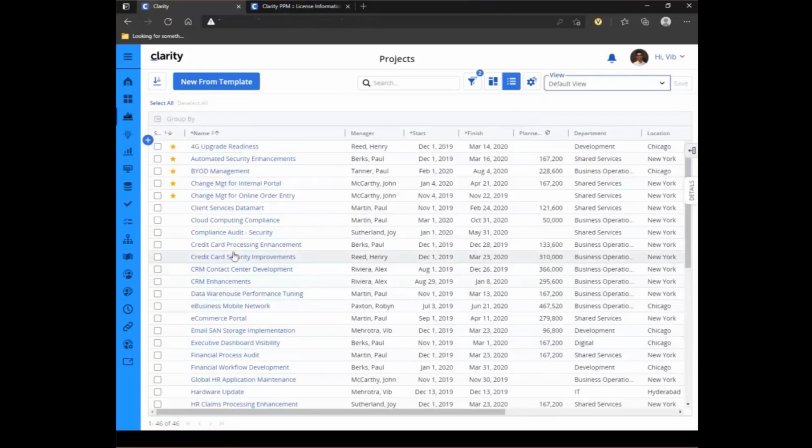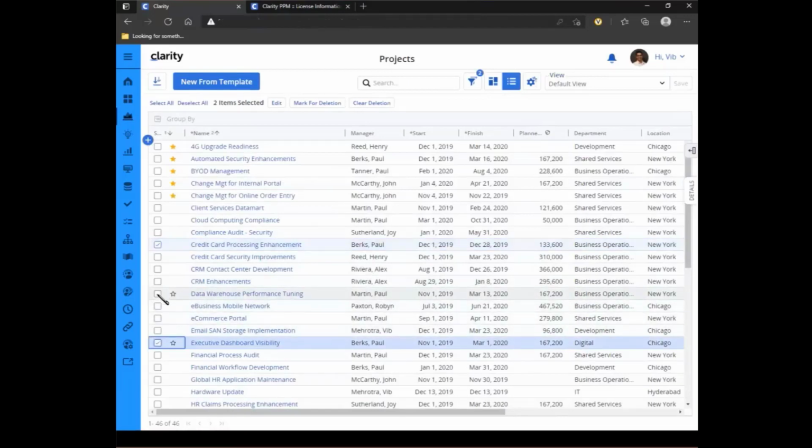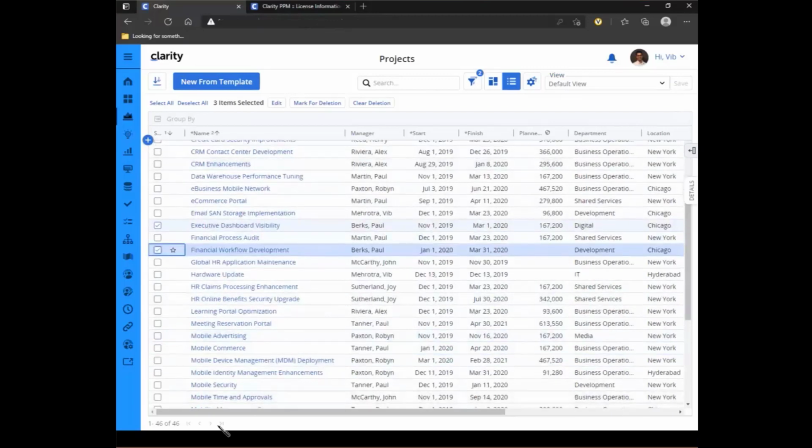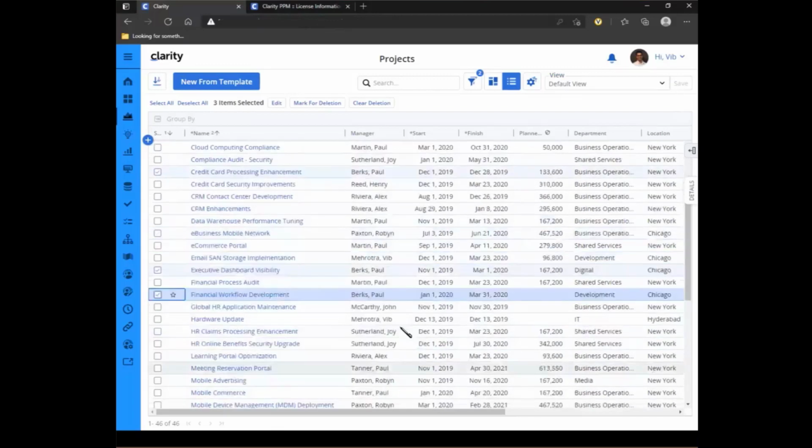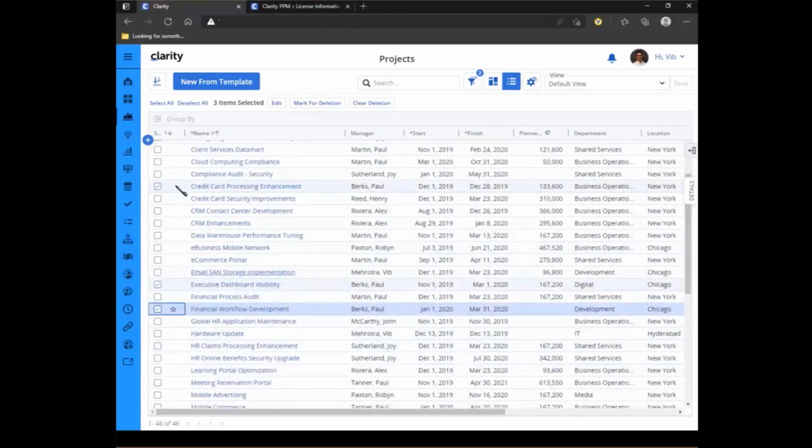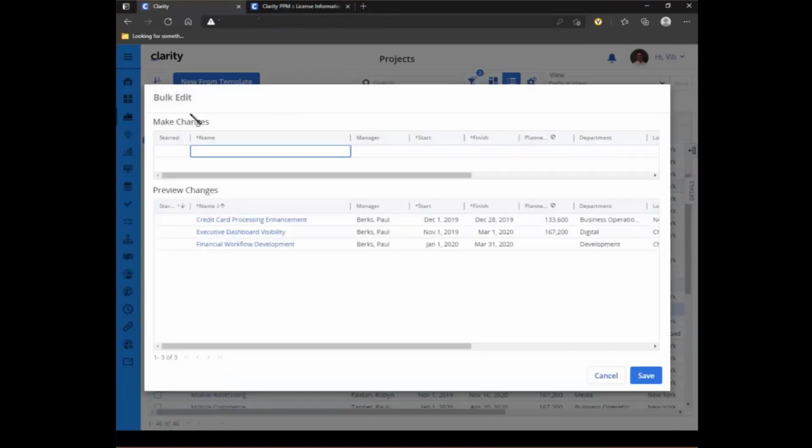I can essentially select Paul Berg's projects across, and if I had multiple pages, I could go across multiple pages and continue to select those object instances. In this case, I selected object instances from different parts on the same page. And now I get this edit button. Because I selected object instances, I get this new edit button,